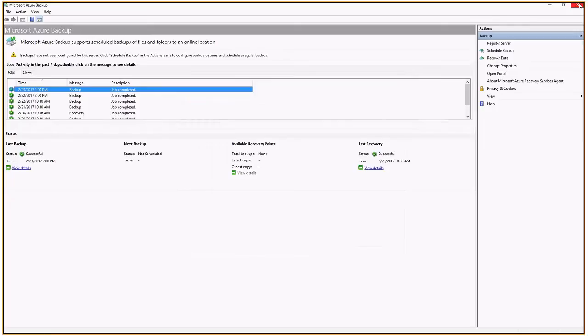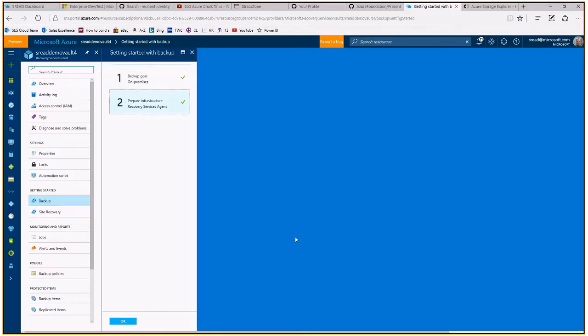And I should mention that this client is a free download. So with this client, and your Azure subscription, you do have a full-fledged Azure backup solution. Let's go back to Azure. That's Azure Backup. Now let's go in and take a look at how easy it is to create a file